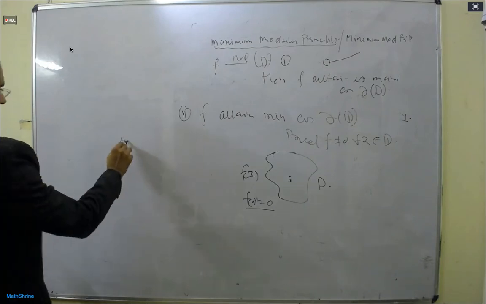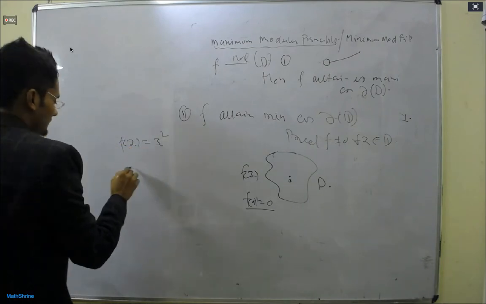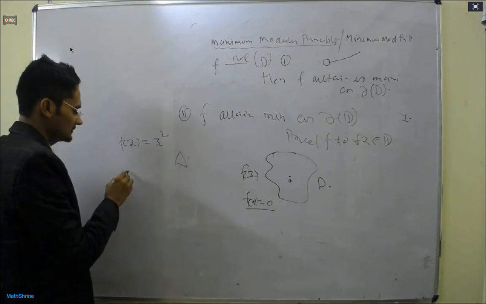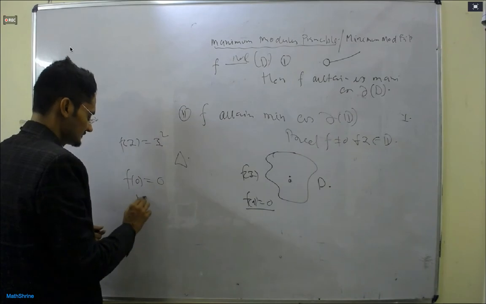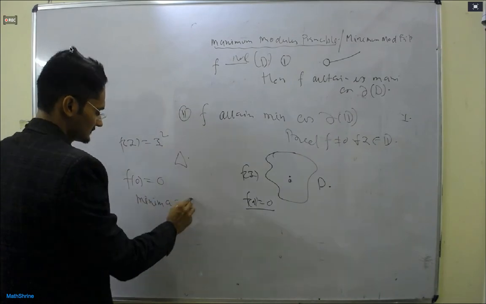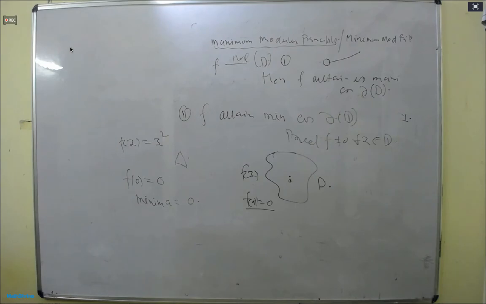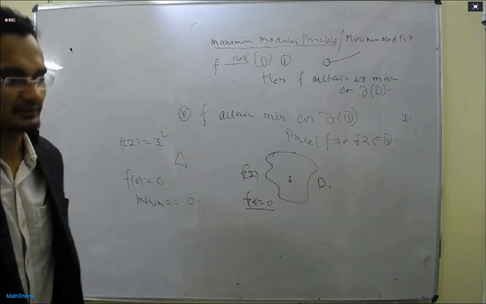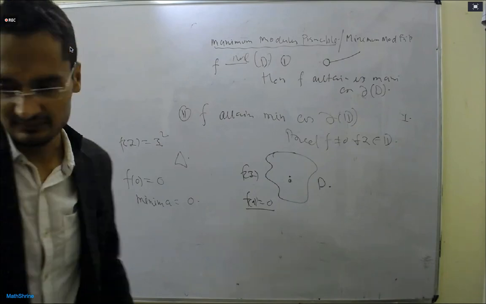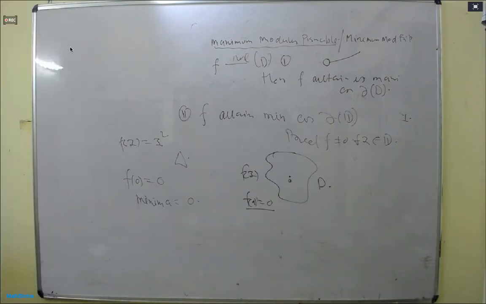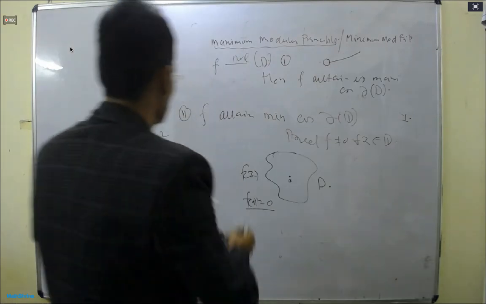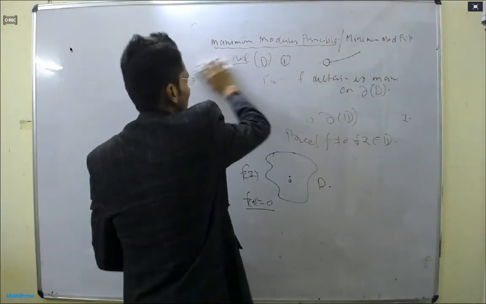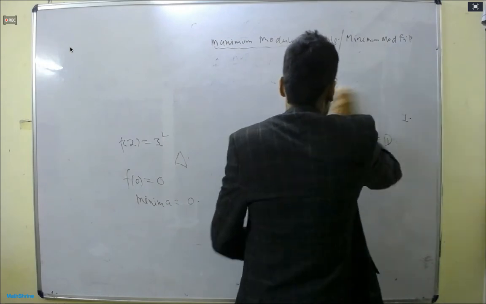So if you ask me for some example, better you can take some example from here. In your exam, something will be related to the mapping. You don't worry about that here. So let us see some question. Take the region mod z is less than or equal to 2. Find the maxima and minima. Let me change my marker.